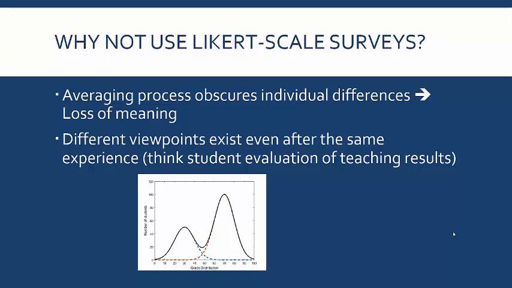And there's a reason why Stevenson really rejected the idea of surveys for this kind of research. Mostly because averaging in surveys, like student evaluation of teaching, just averages things, and so you obscure all the individual differences and you lose a lot of meaning. If you think about it in a classroom, everybody has the same experience, yet they don't all get the same grade, and they don't all have the same experience inside. Their subjective viewpoint of your class might be very different.